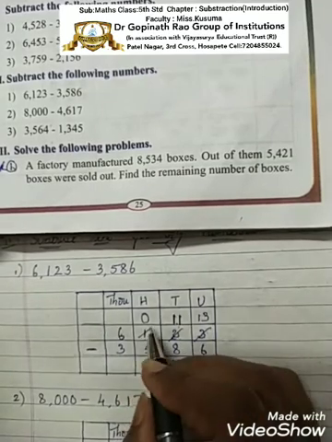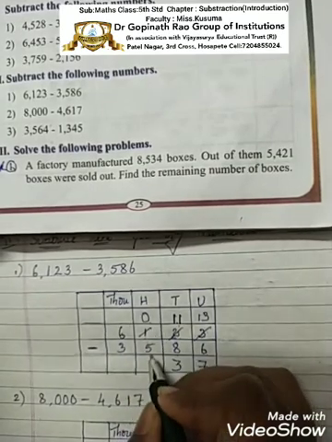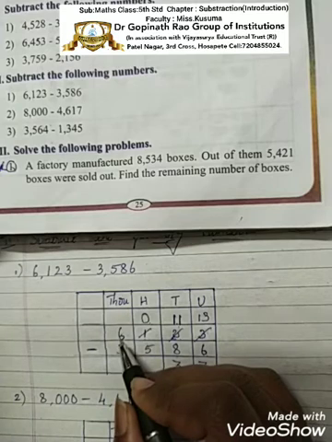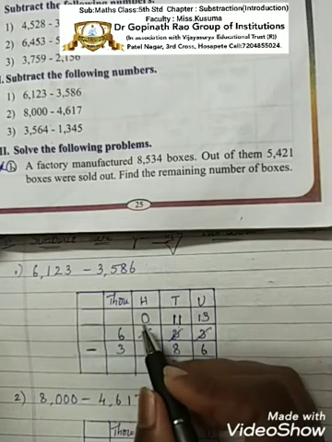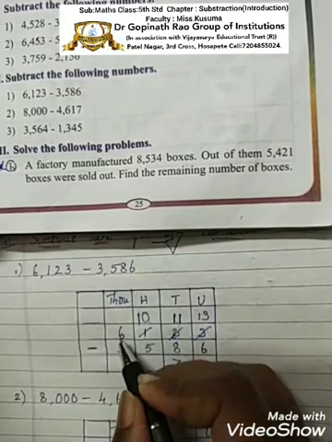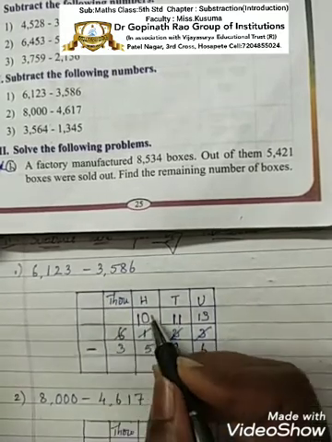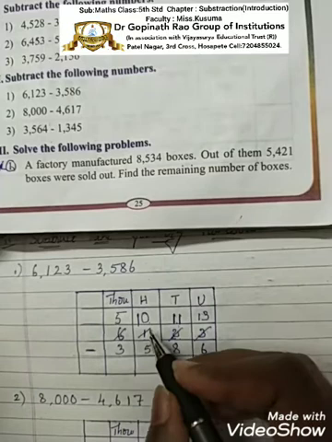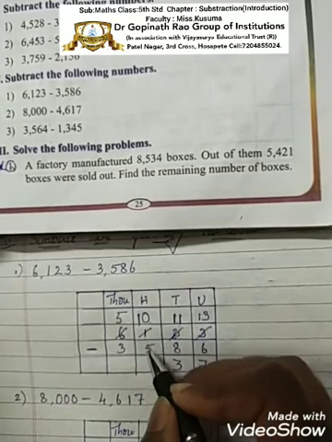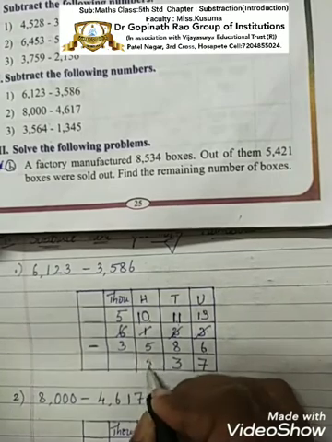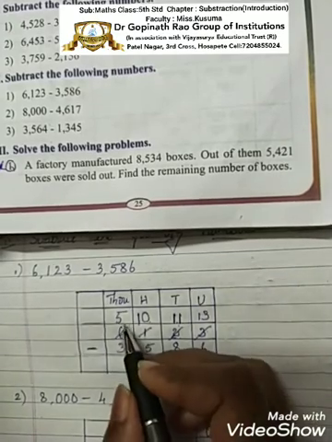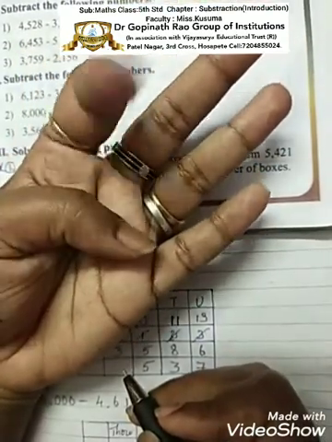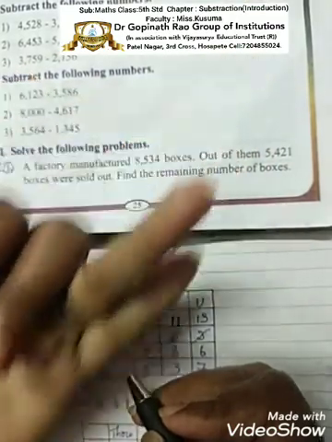Okay. Next come to hundreds place. What do we have? 0 minus 5. From 0 we can't subtract 5, isn't it? Again we have to take borrow from the next number 6. When we take borrow from this 6, 0 becomes 10. 6 has given 1 borrow to the next number. Therefore it becomes 6 minus 1, which is 5. Now 10 minus 5 is 5. Next, see here we have 5 minus 3. 1, 2, 3. We are left with 2 digits.